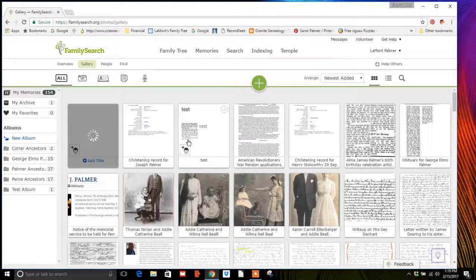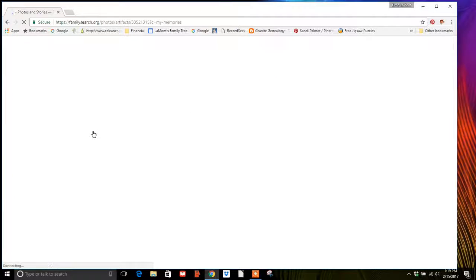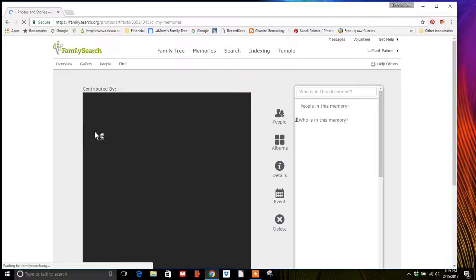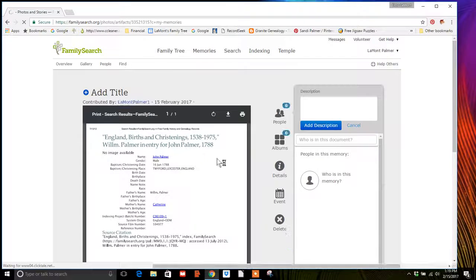You'll notice as soon as I say open, it returns to the gallery, and you can see the file being opened. To update it and make changes, we'll just click on it like this. And now this section here